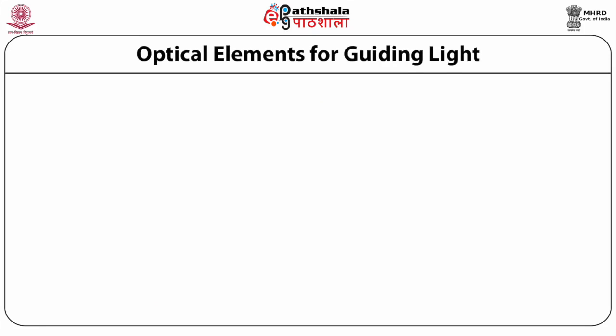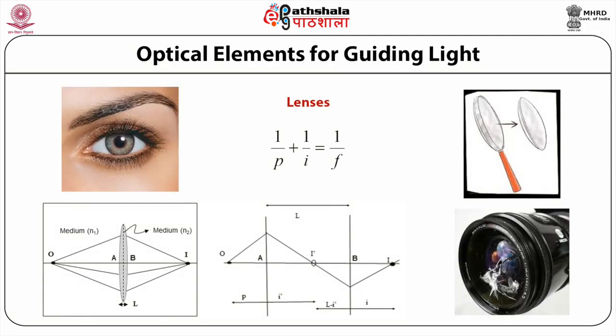The other important optical element that is very often used in every optical instrument is a lens. A lens is nothing but a piece of glass which has two surfaces having a curvature. That curvature can be the same or different, and because of the curvature, the way light gets refracted through that glass piece is such that you are able to image a point in the object plane to another point in the image